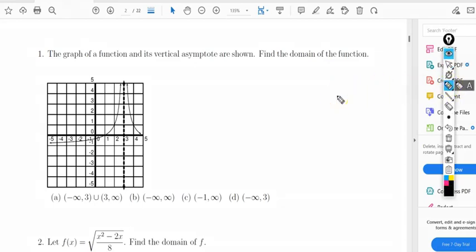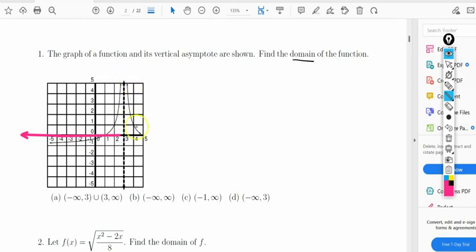The first problem we have asks you for the domain of a function. So if we have a graph, then you're going to use the x-axis to see how wide it is. And you can see this arrow means it's going to keep going to the left forever, going in this direction forever. So we're coming in from negative infinity